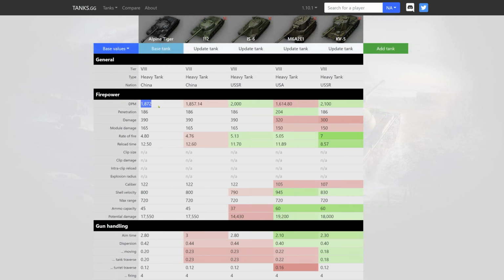Okay guys, so the DPM of the Alpine Tiger is 1872, which is definitely nothing out of the ordinary. Do notice that the IS-6 has a DPM of 2000, where the KV-5 boasts a DPM of 2100. Furthermore, the penetration values are poor all across the board, and do also notice the poor shell velocity figures that each tank has. But when changing to premium shells, do notice that the Alpine Tiger and the 112 premium shells are HEAT shells, where the IS-6, M6A2E1 and KV-5 actually have APCR shells as premium, which I personally would